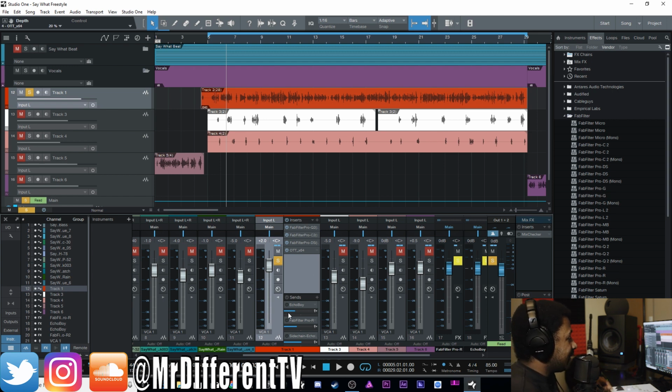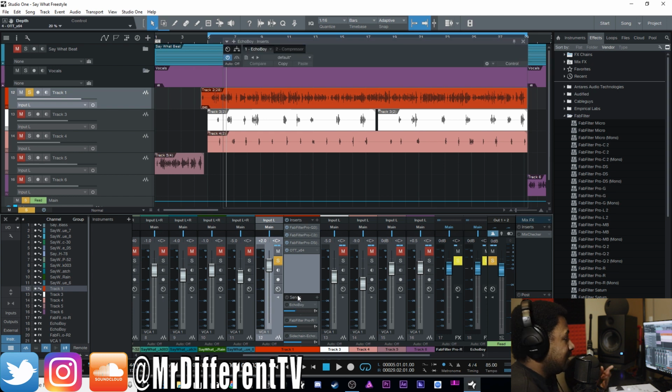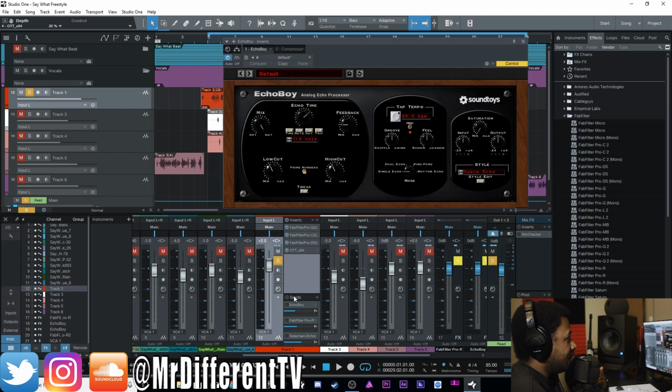When it comes to effects, I always use the Echo Boy. It's my favorite echo effect. It's the best. So as you can see, I got Echo Boy right here. I turn these two off. And I'm also using a compressor with Echo Boy, and I'm doing that sidechain compression, sidechain delay effect